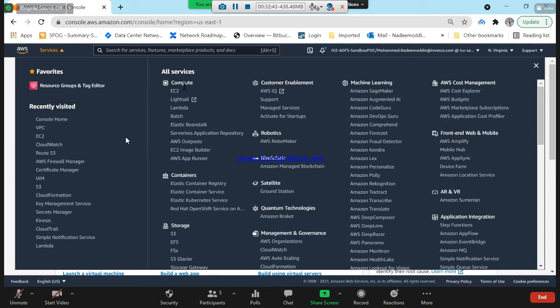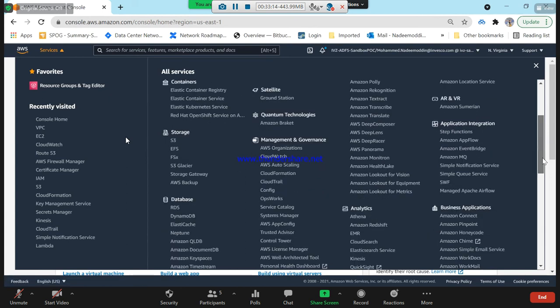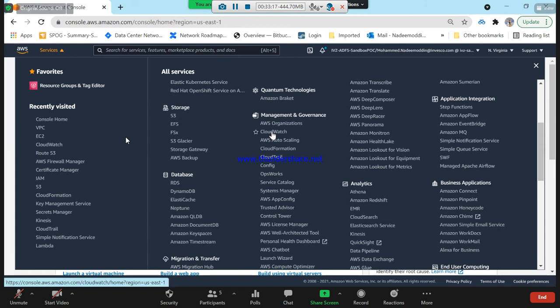Let's say compute. In compute, there are EC2, Elastic Beanstalk, Lambda. These are some services. Similarly, in machine learning, they have prepared all the machine learning stuff here. Containers are the next generation; the container will actually replace many things in the future. Then you will see storage, like S3 bucket and all. Similarly, management and governance, like CloudWatch. We just talked about CloudWatch: your monitoring stuff, your service stuff, your logging stuff will come into here.